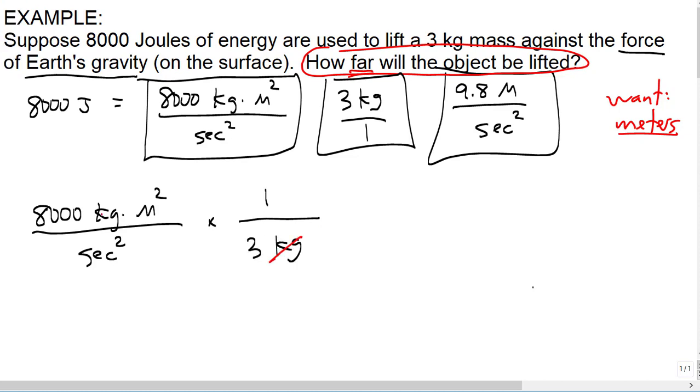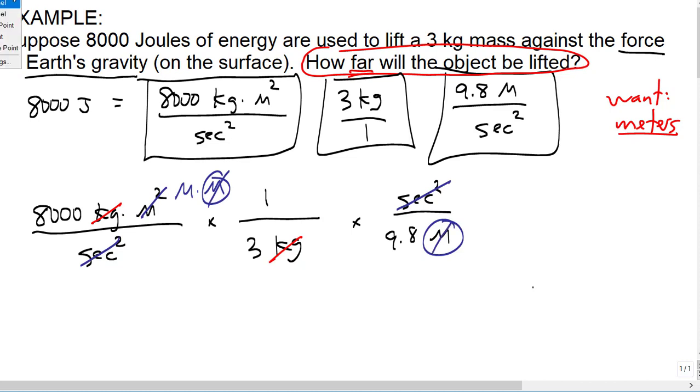The kilograms will cancel with these kilograms. And we want the second squared to cancel with the second squared. We also have to flip this one. So second squared over 9.8 meters. And the second squared cancels with the second squared. And one of these meters, right, because this meter squared really means meters times meters, one of these meters cancels with the other one. All we're left with is